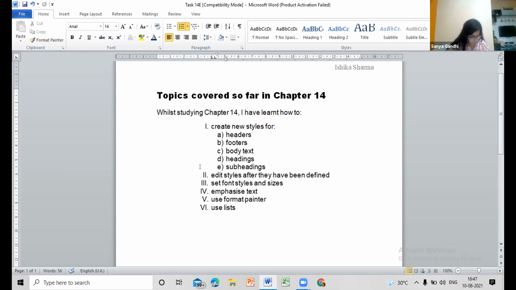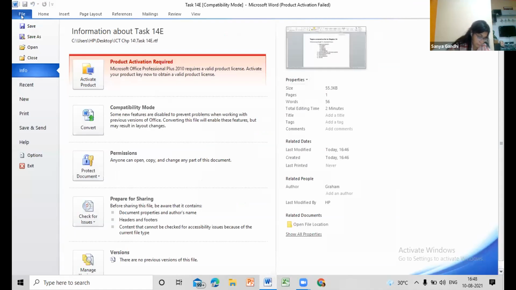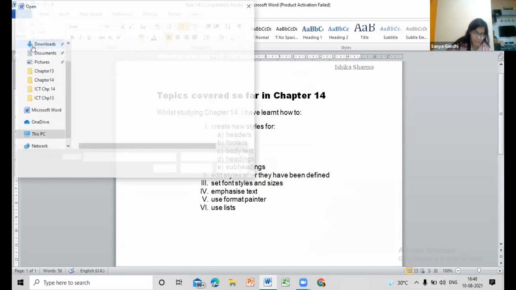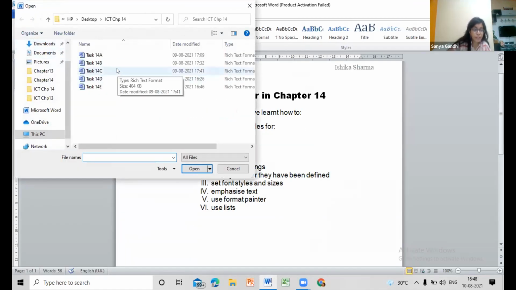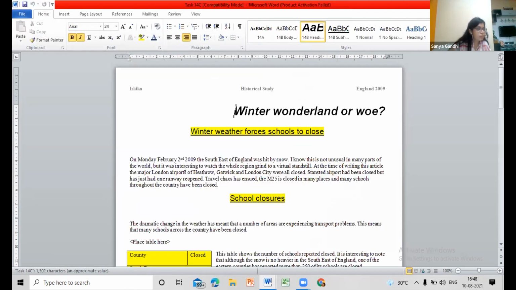Is it done? Yeah. Okay, great. Now let's go to task 14F. We have to open a document which is task 14C. Okay, 14C. Yeah.